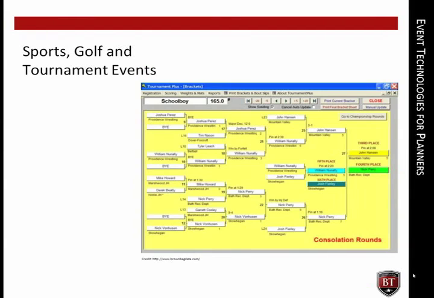Sports, golf, and other tournament events. Software packages geared specifically to planning and managing sporting events and tournaments have all the features of event management packages we've already covered, as well as entering or importing essential information about participants, tracking details such as handicaps, tracking clothing sizes, running multi-day events, assigning sponsorship and logos to teams and locales, instantly producing signage, scorecards, flyers, etc., automatically producing